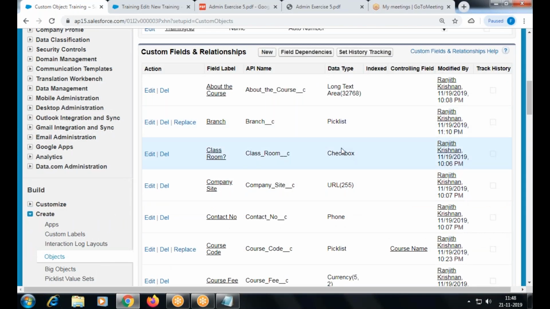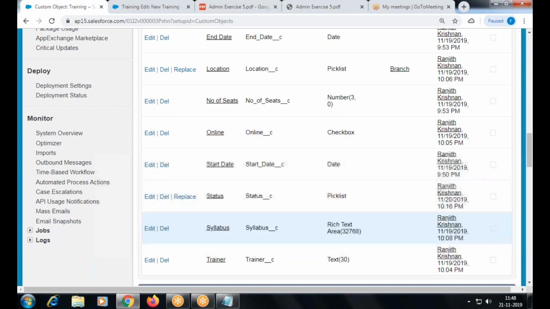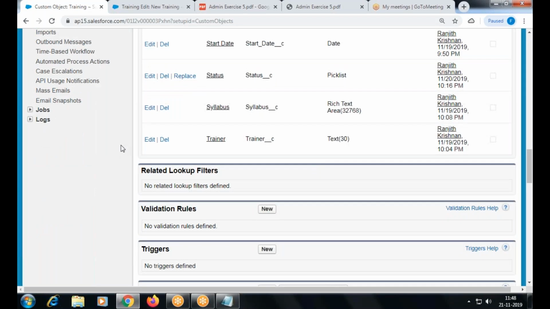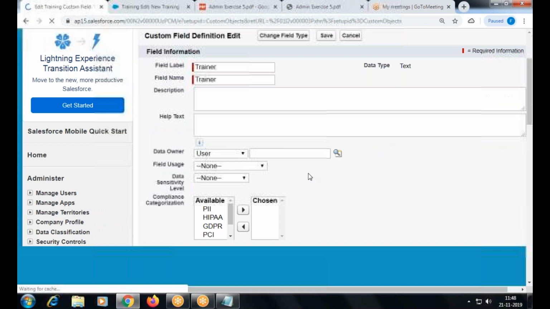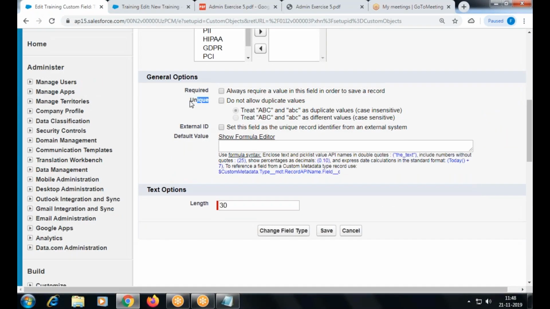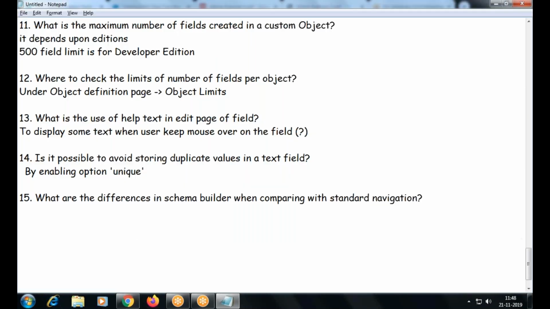Okay, if I make the field a unique field, then edit, there is an option called unique. You can restrict it based on the case also. Case sensitivity also you can restrict. Right, this difference you know already.